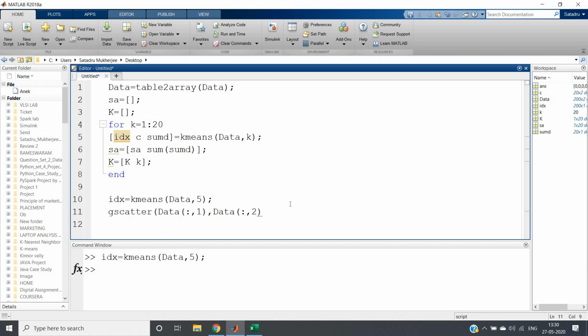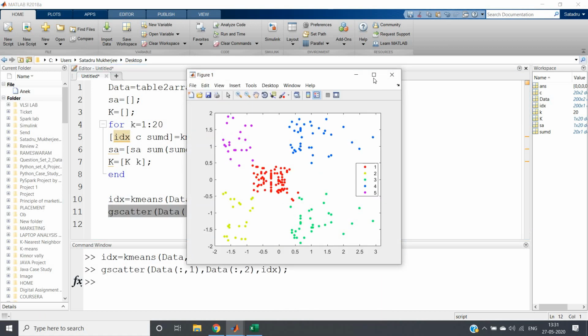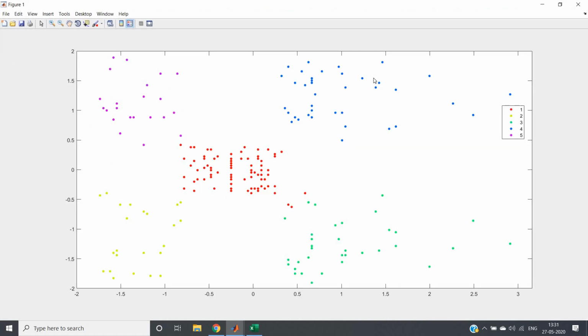Remember I told you about this when discussing k-nearest neighbor classification visualization. We group based on the index, so idx. If we select this part and perform evaluate selection, we will have this particular plot. What can we conclude from it? This is annual income and this is spending score.